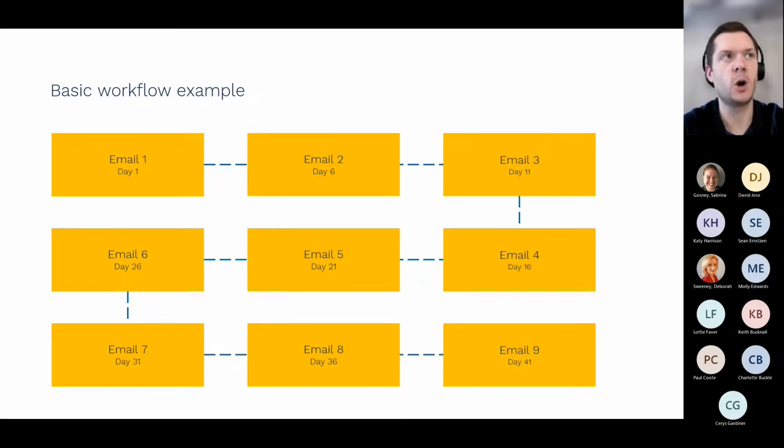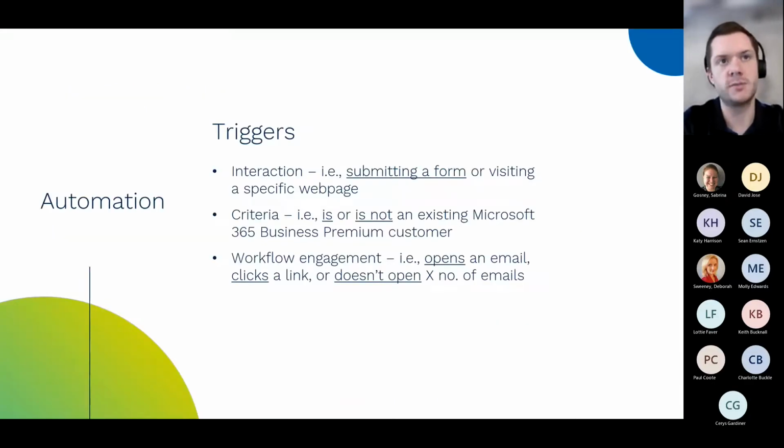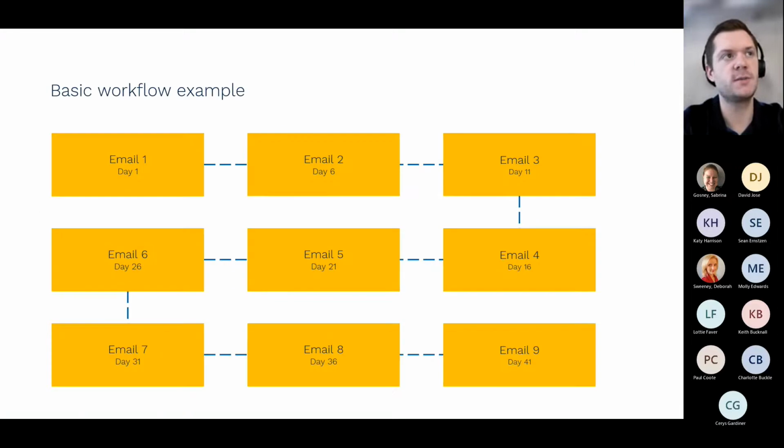So over the next couple of slides, we've got just some very, very basic workflows. Starting from scratch, we've got a 41-day series here that we've mapped out. Obviously really, really generic. Email 1, based on somebody downloading a form or somebody is or is not an existing customer. We send them email 1, we leave a delay, send them a second, leave a delay, and we get through the remainder of the workflow up to email 9.